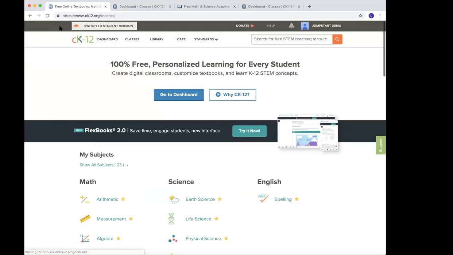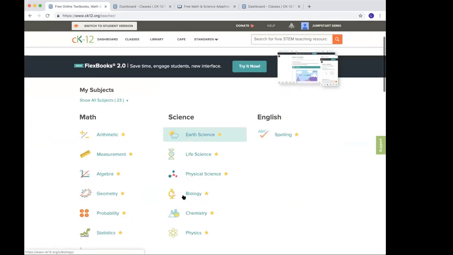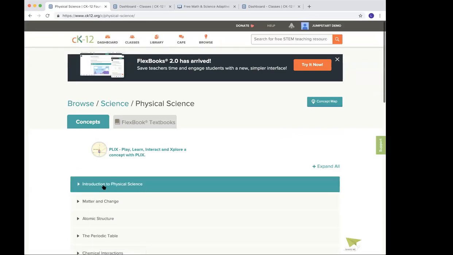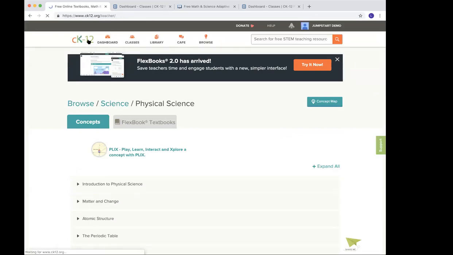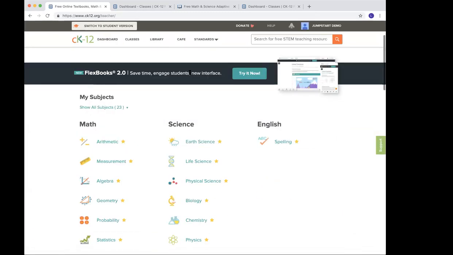And I'm going to go back to our homepage. So I showed you you could search for it. You could also browse through these branches and get to adaptive practice, or you can go to the circle and do it. Just to give you a little preview of what this looks like in our brand new FlexBooks 2.0,